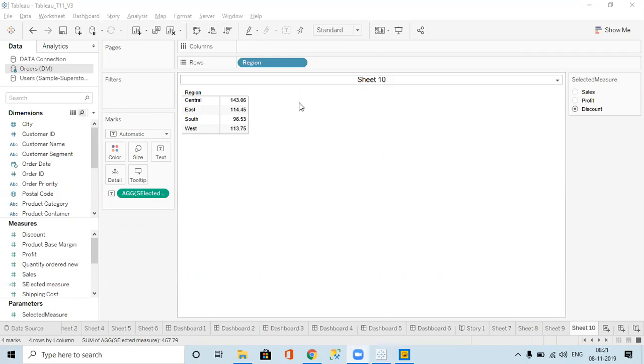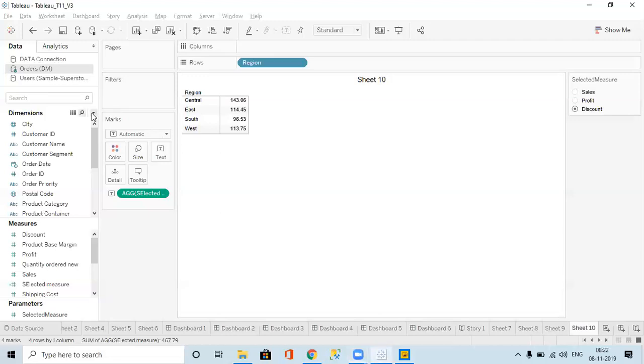So this is all about parameters in Tableau. Most of the things, if you need this kind of scenario, we have to make use of a parameter. We cannot enter data or create a new table, nothing like that. We have to create a parameter and we can use that as a filter. Then we have to write a calculated field according to that. So this is all about parameters.